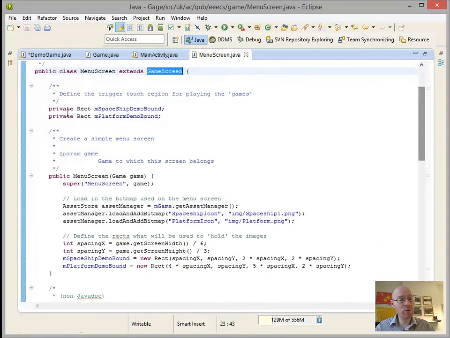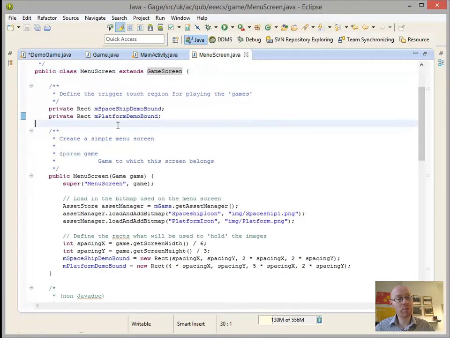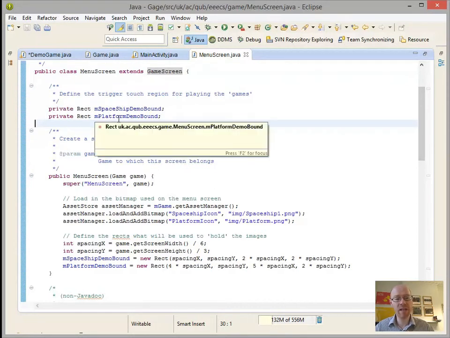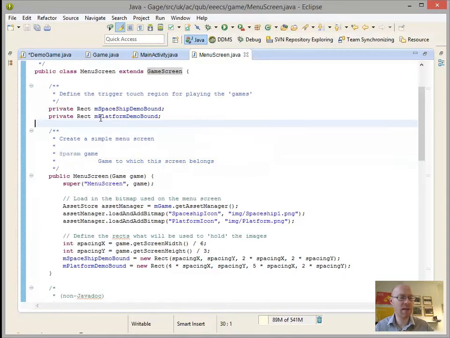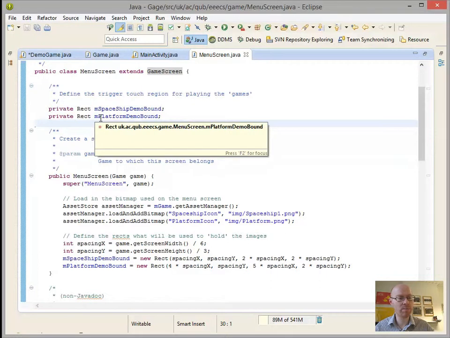Just in terms of giving you an overview of the class, we've got a couple of rectangles, one for our spaceship demo, one for our platform demo. These rectangles define the region that we draw the icons to, and also define the regions within which we check for touch events. So effectively, touch events will act as a trigger,